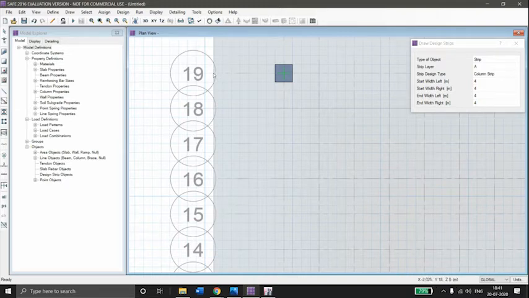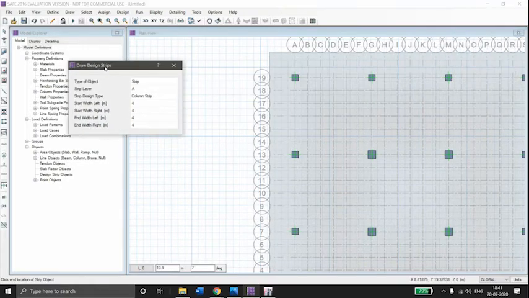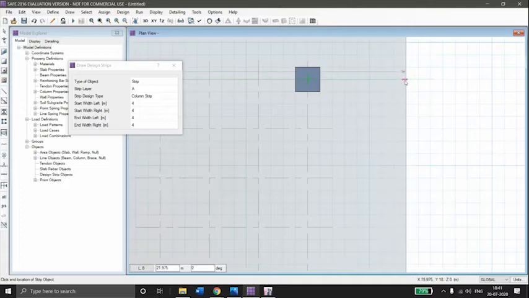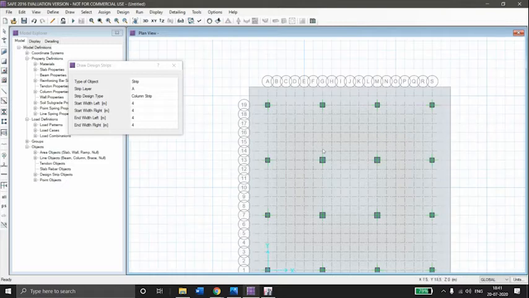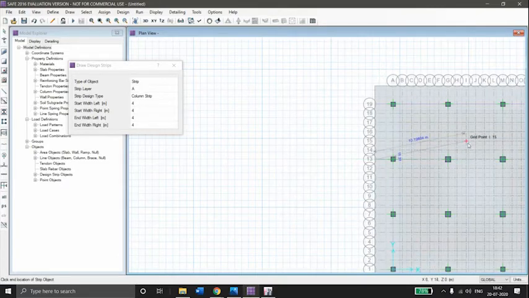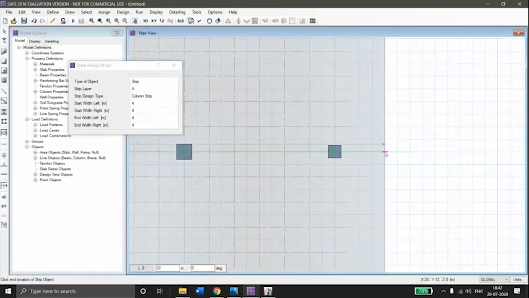Select the point going through the middle of the column. Make sure you select the point such that the strip line goes through the middle points of the column.